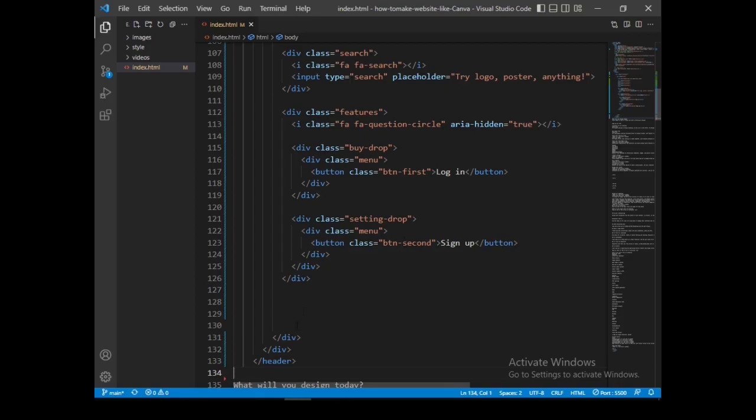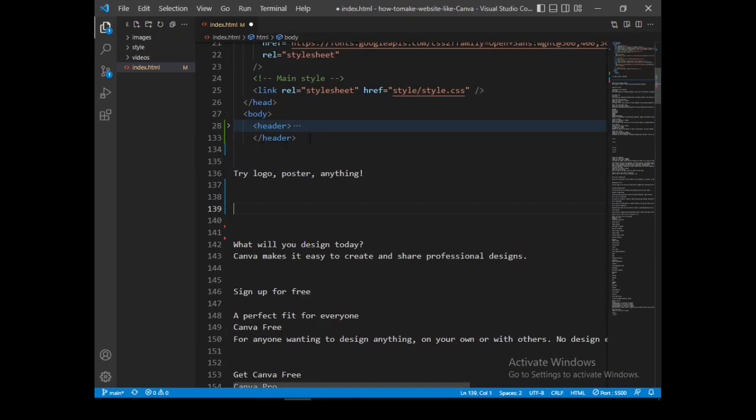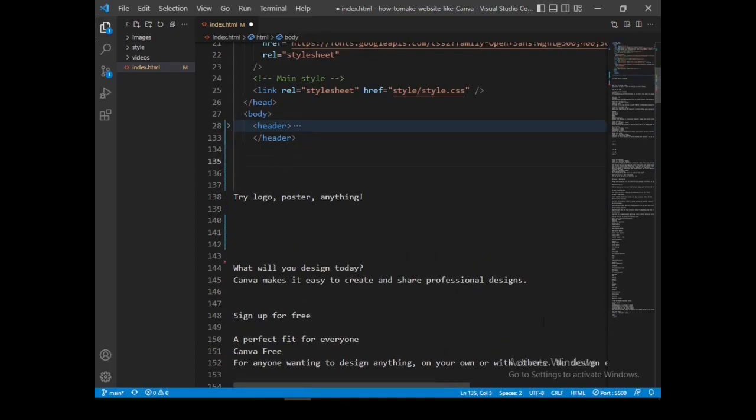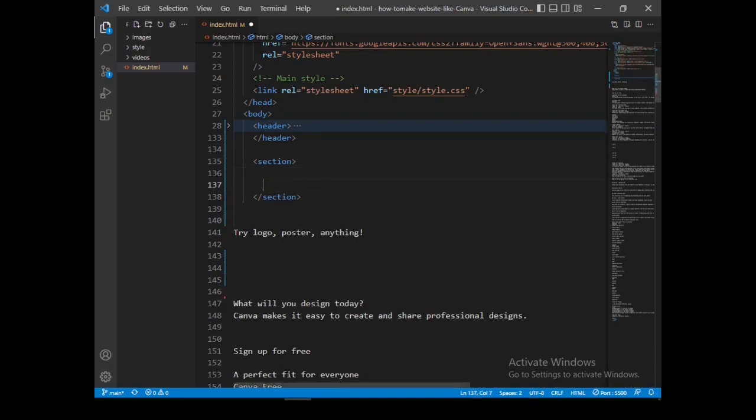Now, once we are done with this header, let me create another section, and I just want to add the div class which I'll call hero.